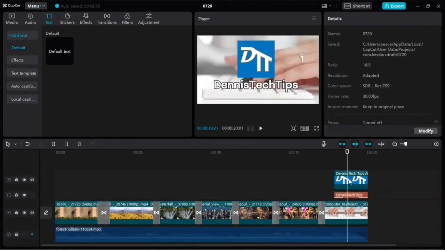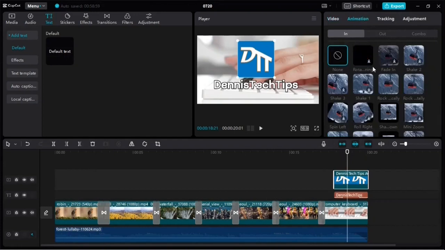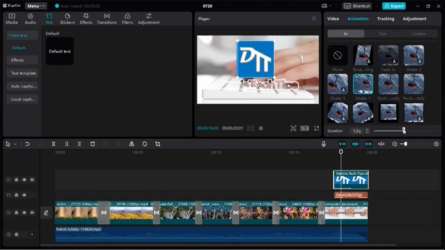I'm also going to add an animation for the logo. So with the logo selected or the image selected, I'm going to head over to animation and then let's select this one. And then when you select an animation, you can also adjust the duration of the animation down here. So I can reduce and increase the duration of the animation. That is how long it will take for the animation to animate, if that makes sense. So I think that's okay. So when I preview this,